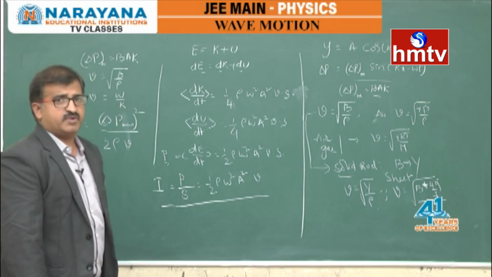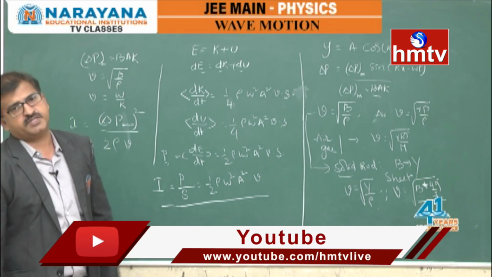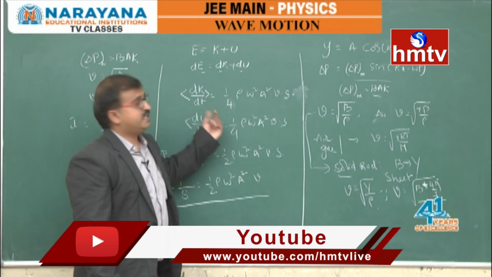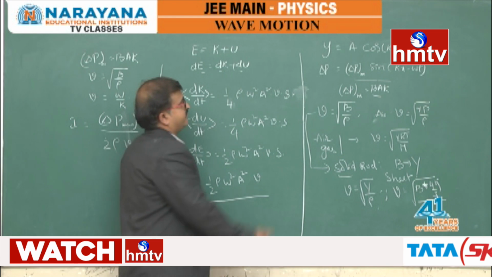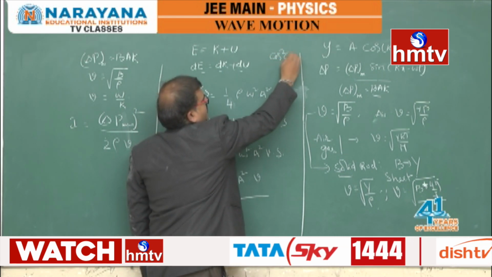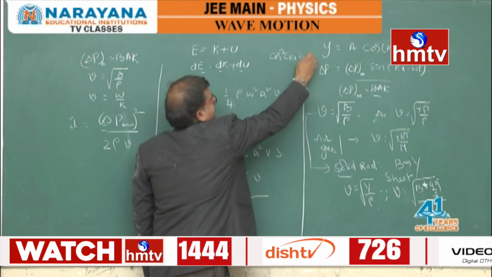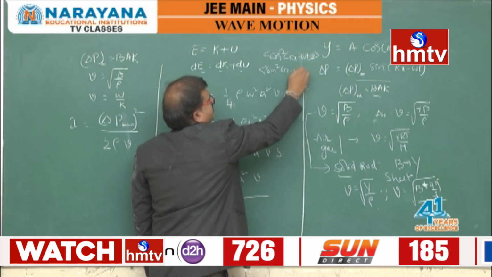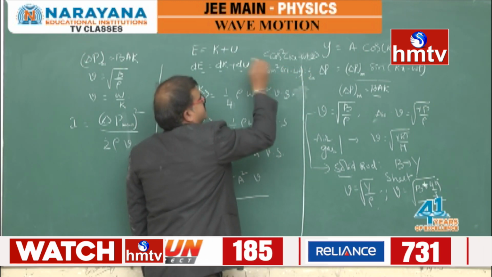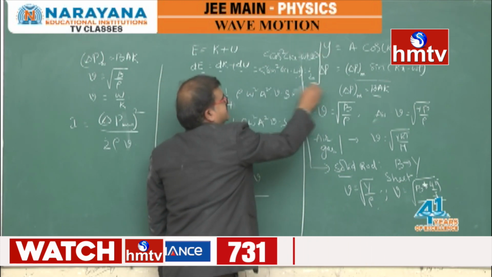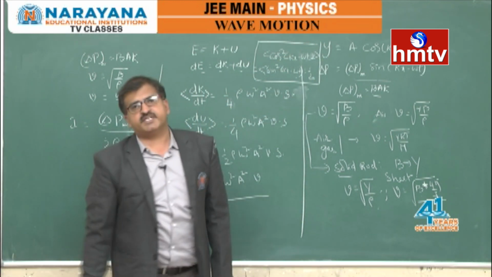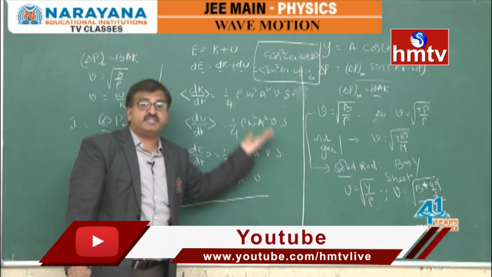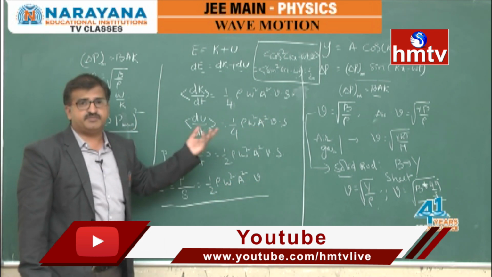So these are the set of formulas which are similar to the transverse wave equations. There is nothing new in that except the average value. Here I used only one fact: the average value of cos square kx minus omega t, or sin square kx minus omega t, equals 1 by 2. This is based on integration. If you accept that the integration value is half, then you can understand these based on the previous discussion we had.